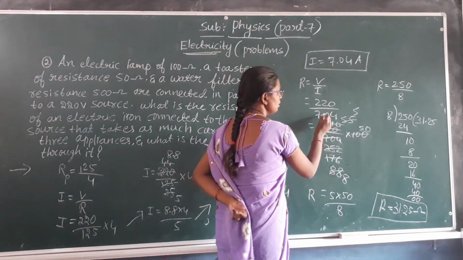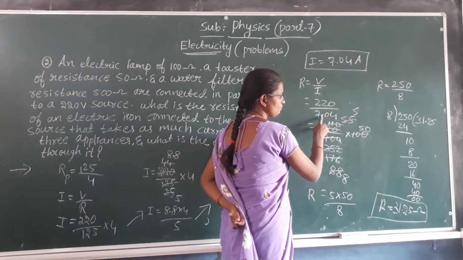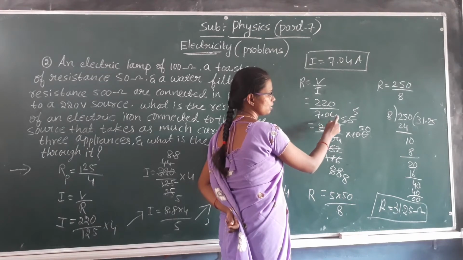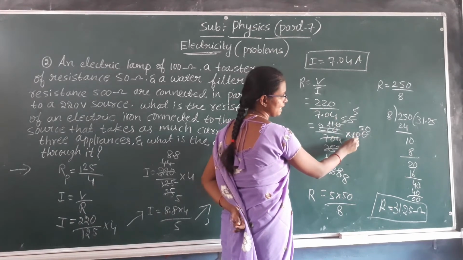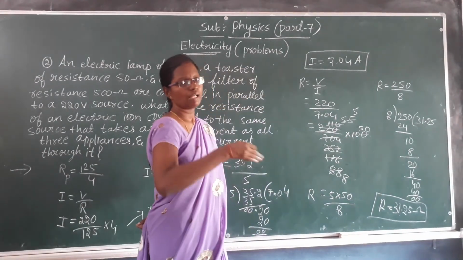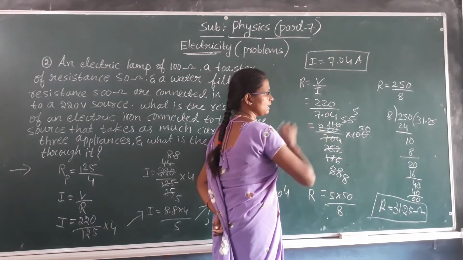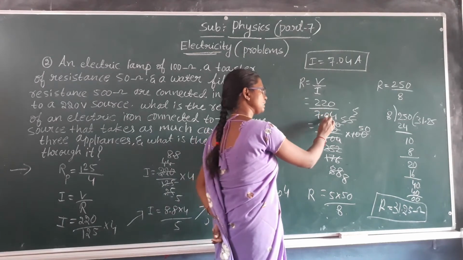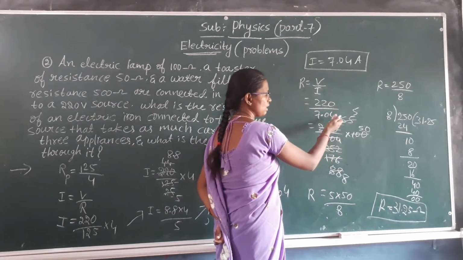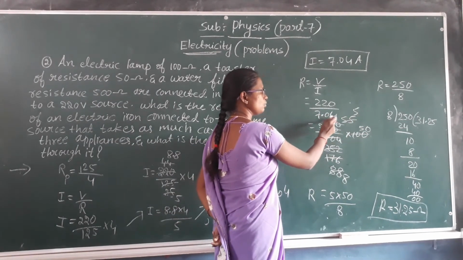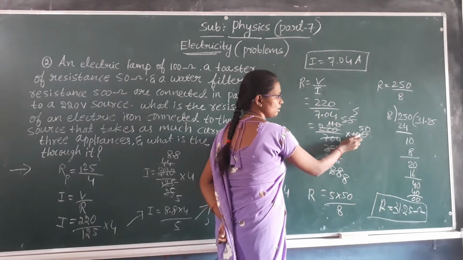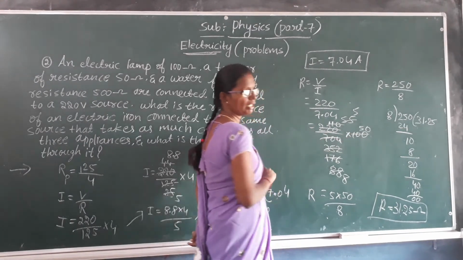Here you have to remove the decimal point. After the decimal point, how many digits are there? There are 2 digits, so I will write 100. You have to count the digits after the decimal point. For example, if 3 digits are there, you write 1000; if 1 is there, then 10. Here 2 digits are there, so I write 100. So you can remove the decimal point.